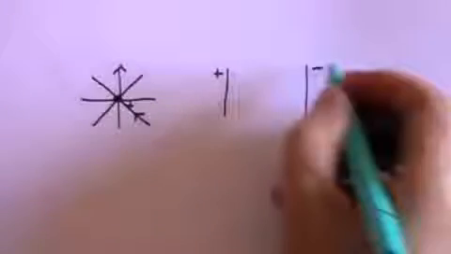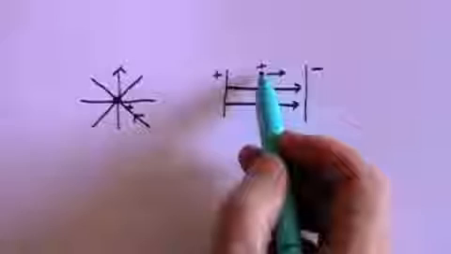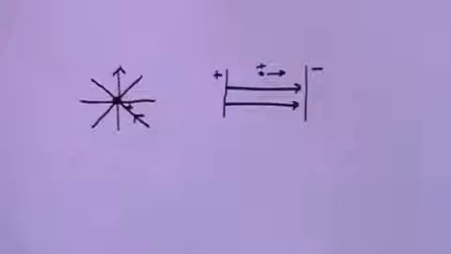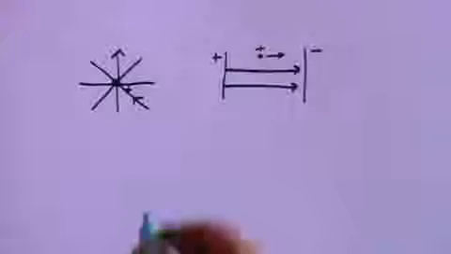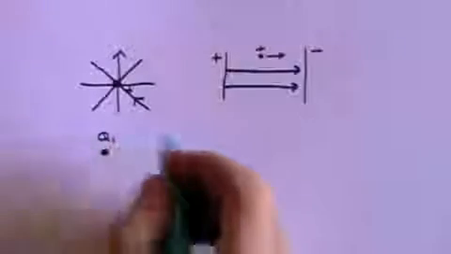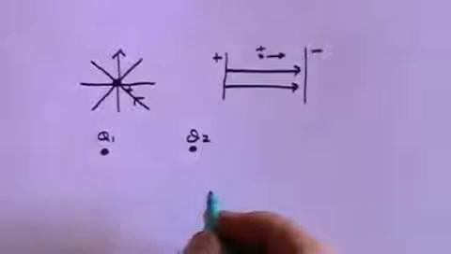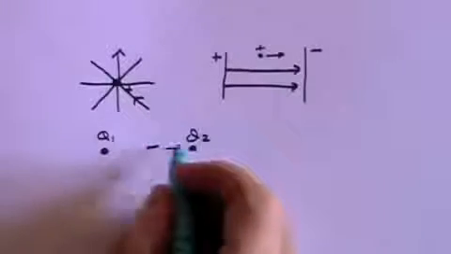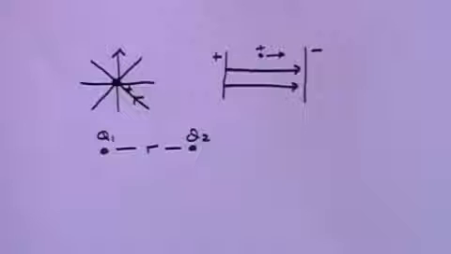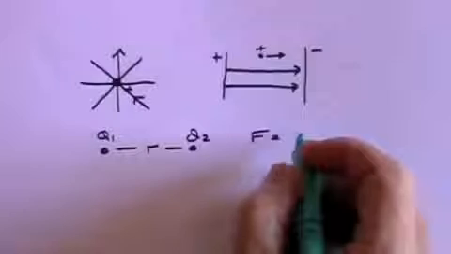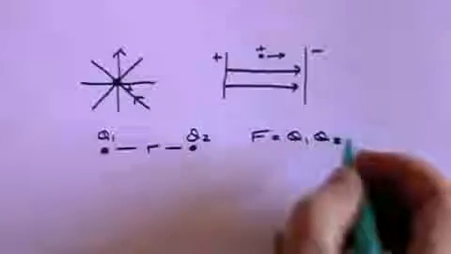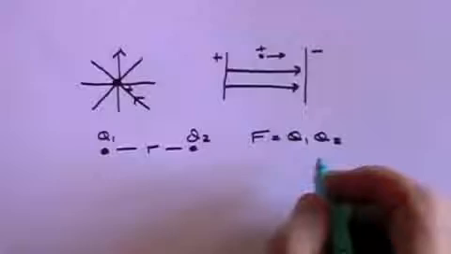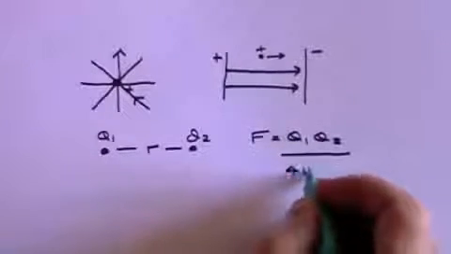On the other hand, if you have two plates, where one plate is positively charged and the other plate a negative charged particle in the field, then of course it would accelerate towards the positive plate. If you take two charges, let's call them Q1 and Q2, and they are a distance r apart, then there will be a force acting between those two charges, and that force equals Q1 times Q2, in other words the value of the two charges multiplied together, divided by 4 pi epsilon